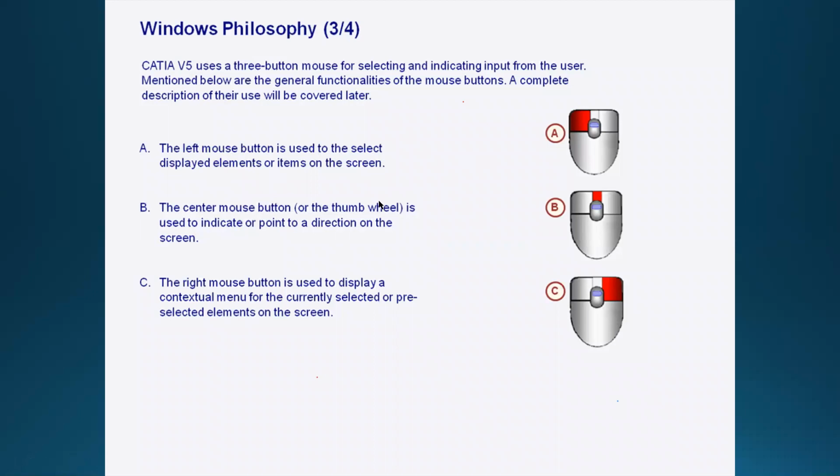After that, the center mouse button, or the scroll button in the normal mouse, is used to indicate or point to a direction on the screen. After that, the right mouse button is used to display the contextual menu. The menu bar will pop out for some options.